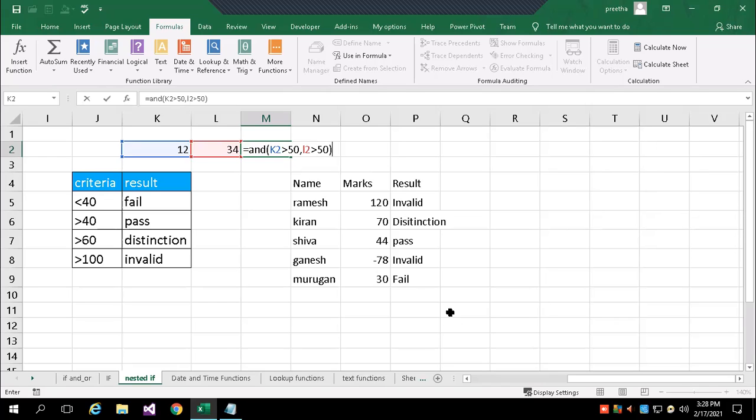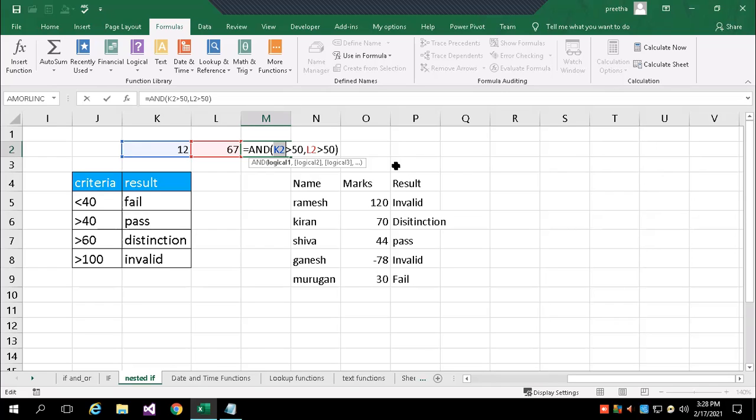Now you observe both are not greater than 50. Now what is the result? It says false. Even if you change one to greater than 50, it will still be false. So what is the use of AND? You can check more than one condition. You can give any number of logical conditions inside and it will verify all the conditions are true. Then it returns true, else it returns false.